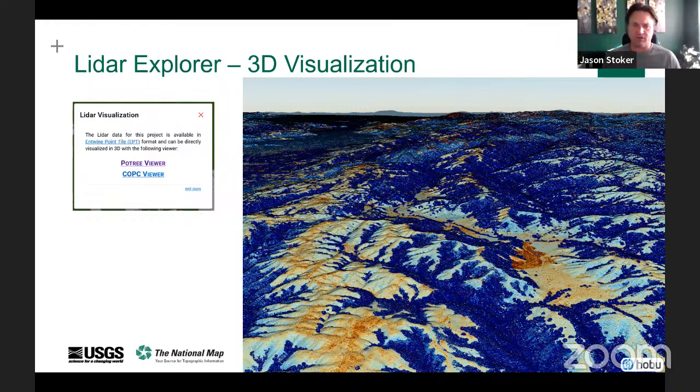But the idea is, now you can start looking and interacting with the point cloud data before you even think about downloading it. So you can go to these viewers, you can look at the projects, you can filter, you can change how the data is being represented, and you can mess around with it without having to download any of the data to your local machine. You can still do that after the fact, but this is a really nice way to get a 3-dimensional preview of what the data is before you start digging into it.